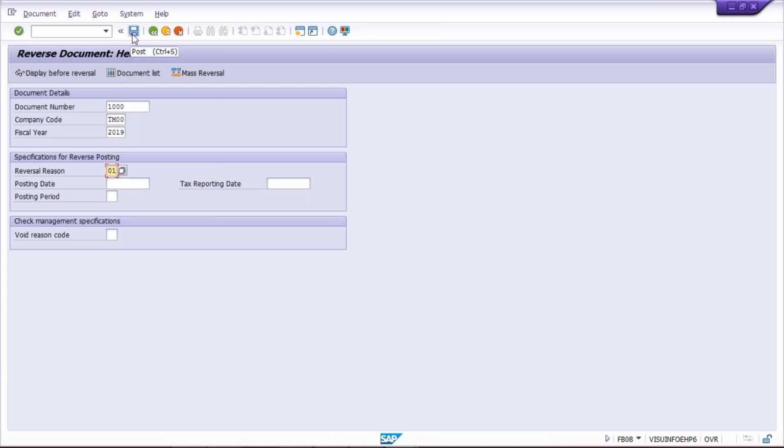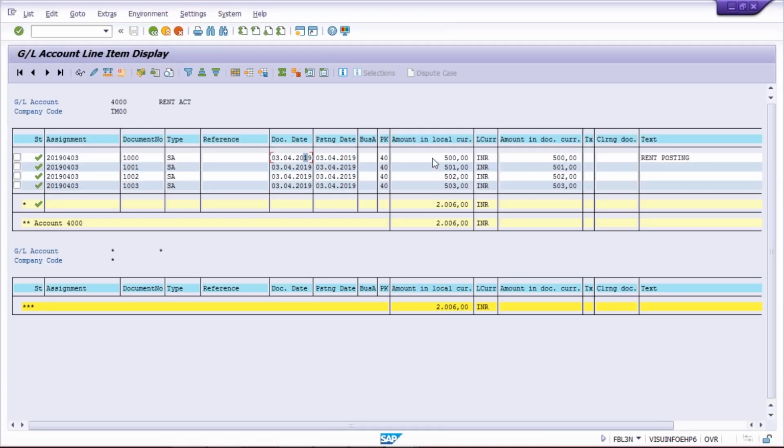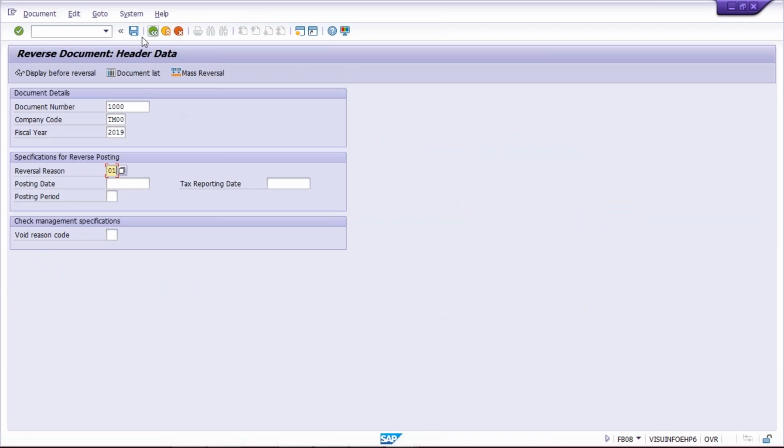So once you click on post, then what will happen? Once you click on post, then look at here, this 500 debit balance is there. Okay, 500 debit balance is there. Against this 500, again one now here, so these all are debit balances, right? So against this, what will happen, guys? If you click on post,